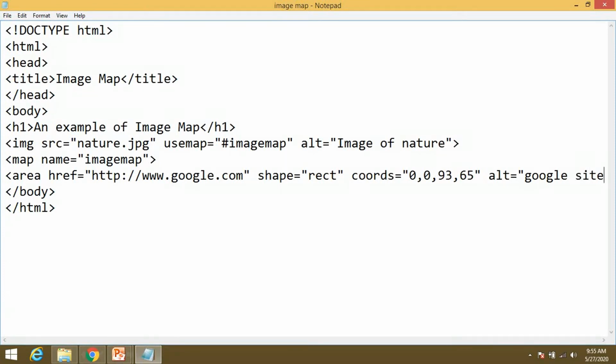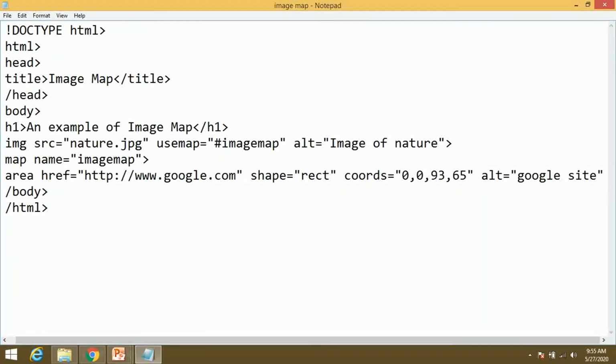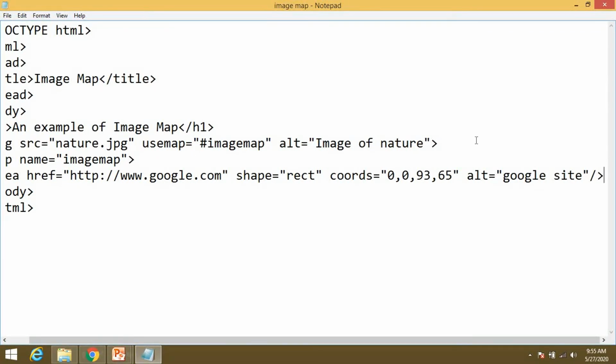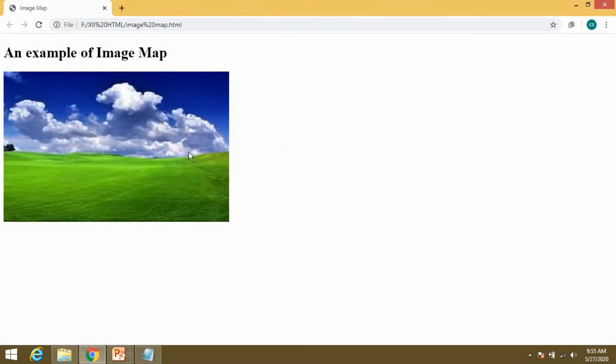Okay, just close this and save this, Control S. Now just open this and refresh it. Now let's see, here you are seeing the hand cursor, the clickable mouse. Just click on this. See, once you press this, a rectangle region is there.